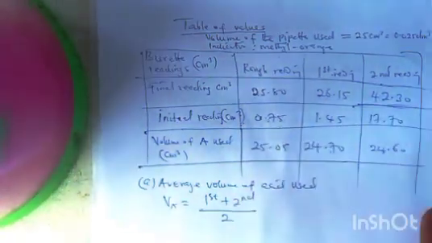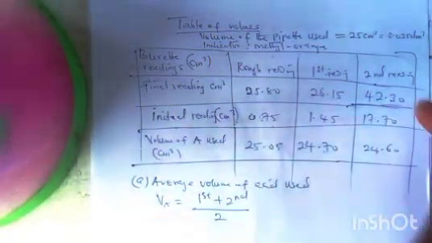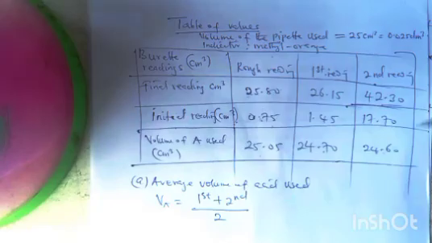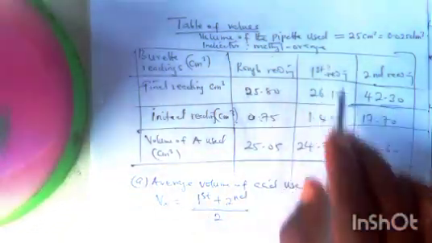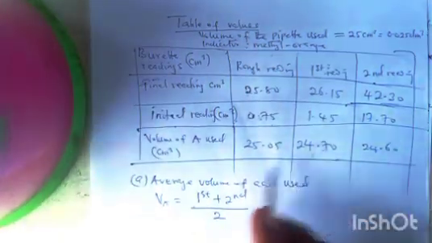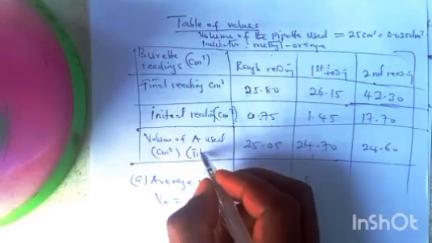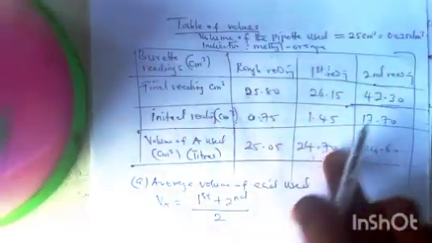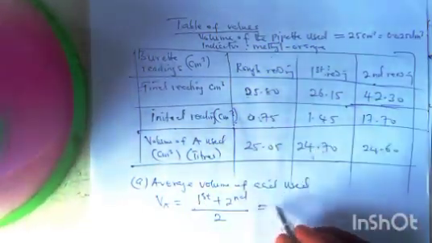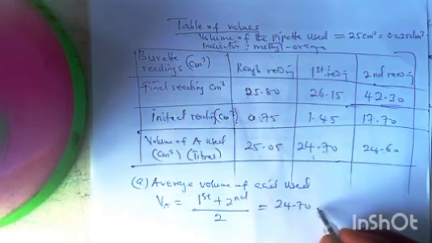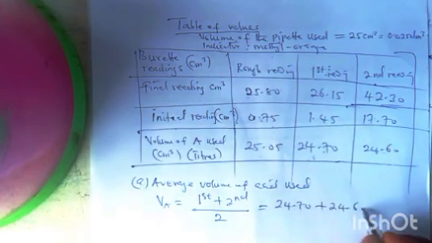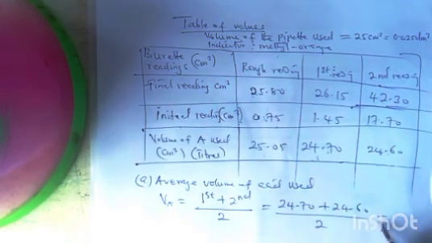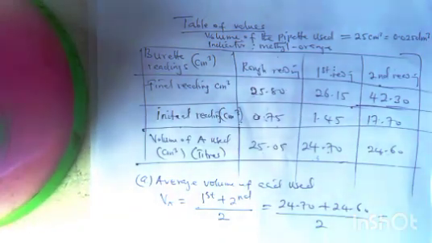So this is the rough reading. I'm now putting the rough reading in terms of checking the average volume of acid. If we have an extra third reading, we also do it the same way. So the first reading, the total volume, which is called the titre, is what we are looking for. So that is 24.7 plus 24.6 divided by 2. So this value now is going to give us